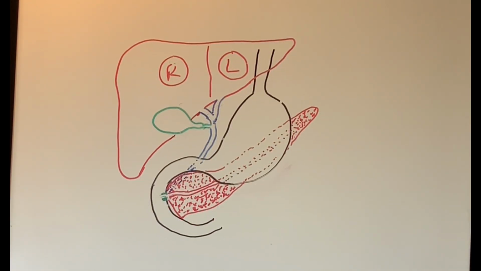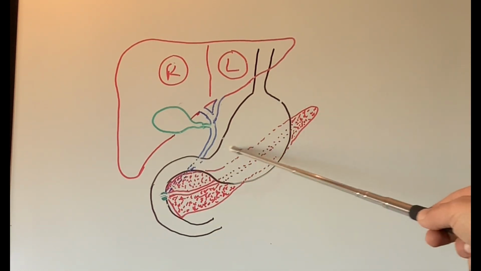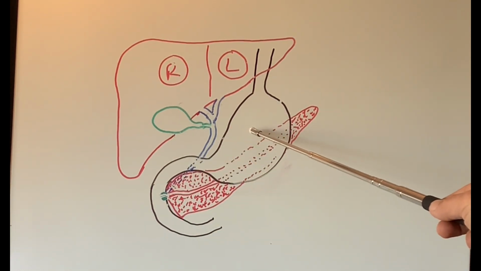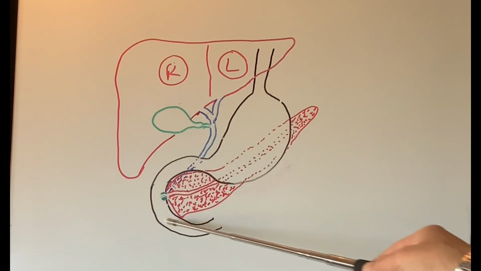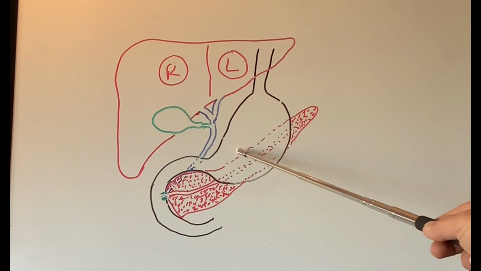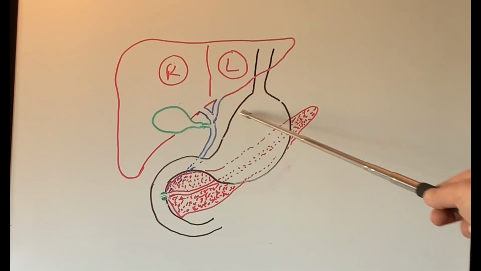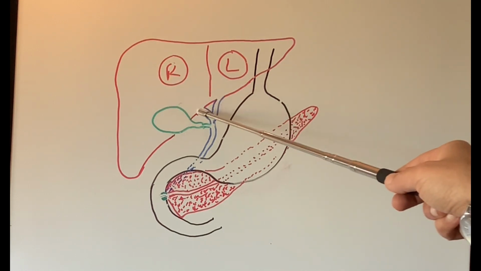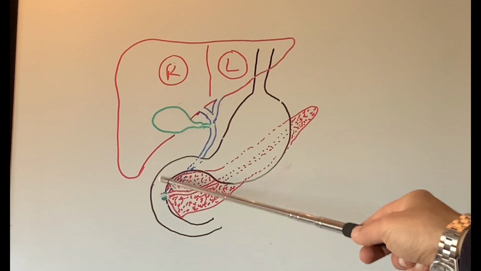So just to summarize the function of the gallbladder. So we have two states of our intestine and our stomach. One is after eating, one is between meals. After eating, there is food in the stomach and the small intestine. Between meals, there is no food in the stomach or the small intestine. So the liver produces bile. Bile runs down the bile duct into the small intestine.